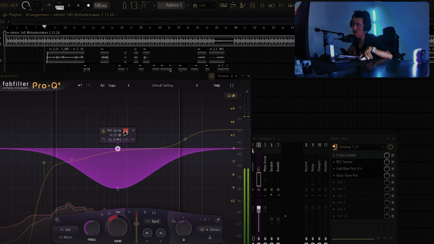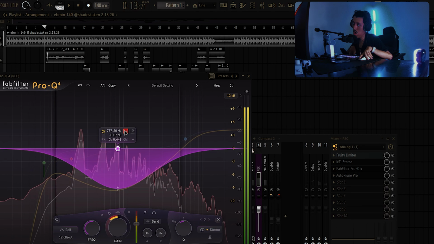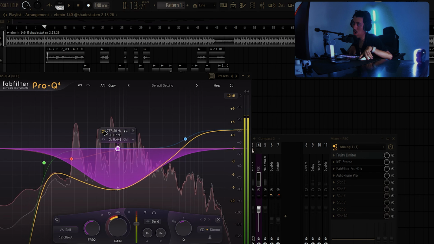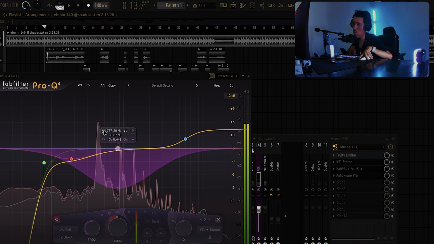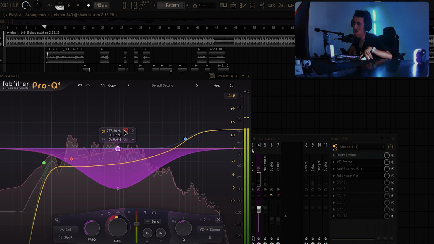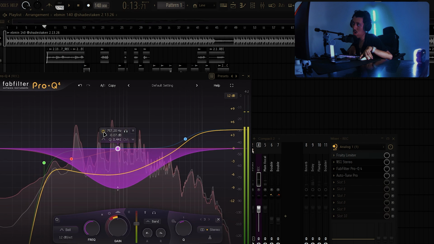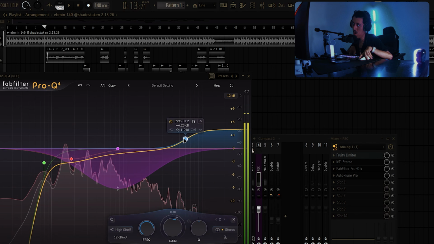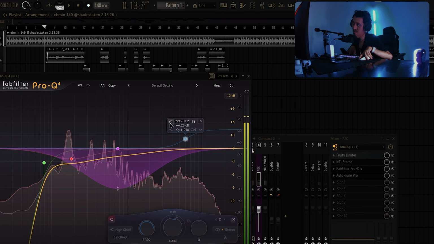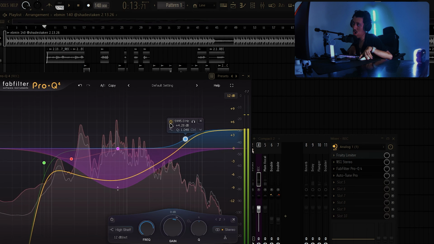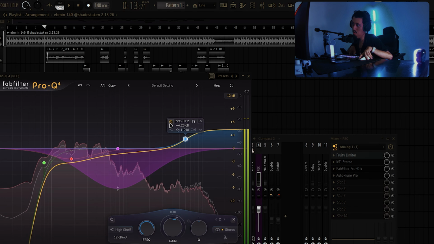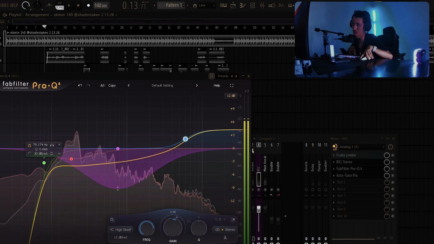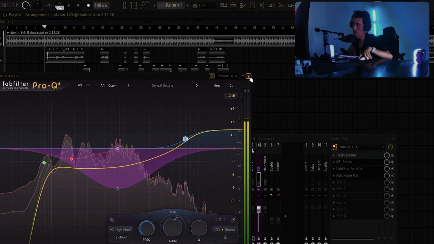Then we have this one. This right here. This area. I turn this off. It sounds more when I go, yeah. And we have this one right here. Makes it a little brighter. Just a little bit. So basically right now, what we just did was clean it up a little bit, tighten it up, make it sound a little sharper. Not a whole lot. We're not there yet.